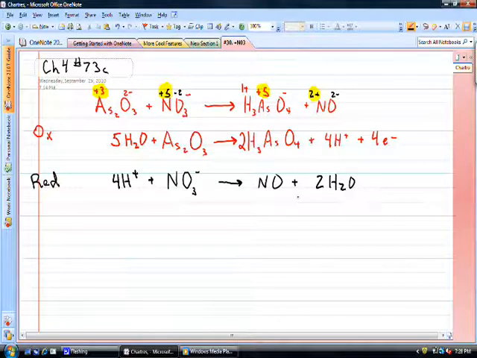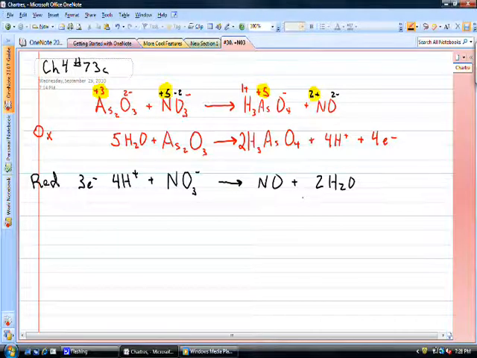So over here we have a 0 charge, and over here currently we have 4 plus and 1 minus. And so to get the charges to both of them be 0, we need to add 3 more negative charges. So 3 negative charges plus 4 minus 1. We have the charges on both sides adding up to 0. They don't have to add to 0, but they do have to be the same on the reactant side and